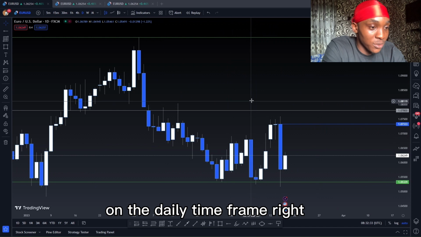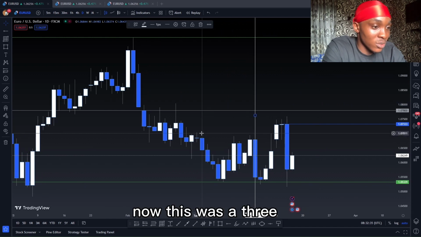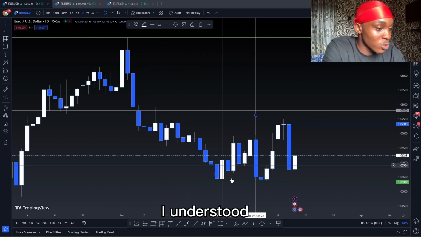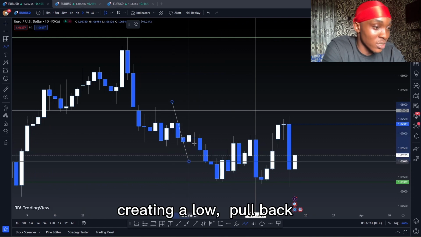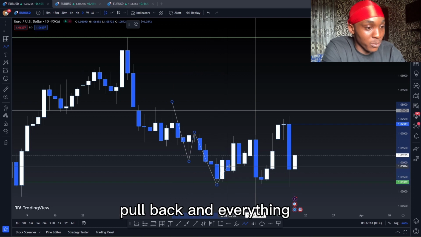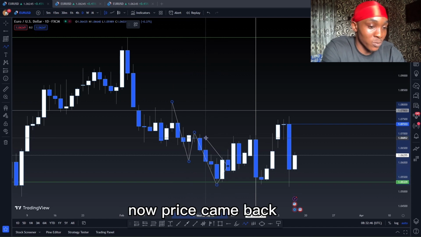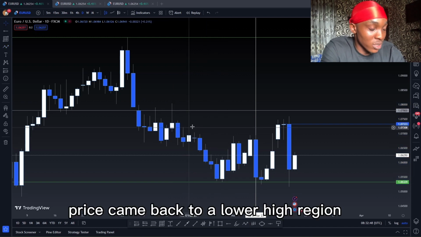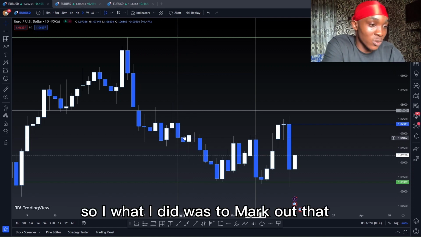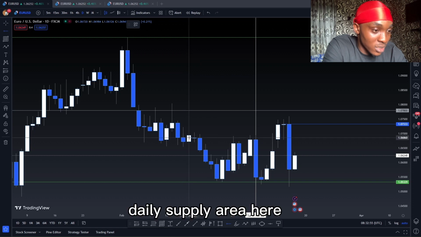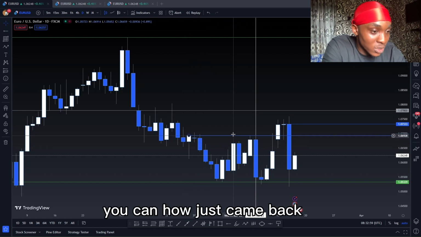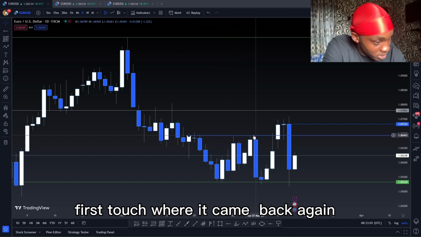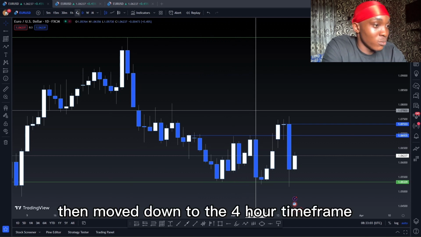On the daily time frame, what have I seen? Now this was a trade. I understood that price was already moving to the downside. And how was price moving to the downside? Creating a low pullback, creating a low pullback and everything. Now price came back to a lower high region that I created here. So what I did was to mark out that daily supply area here, which I marked around here. You can see how price just came back, first touch, but it came back again, then moved down to the